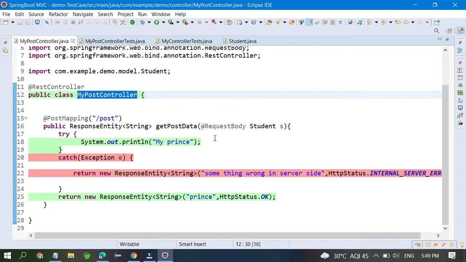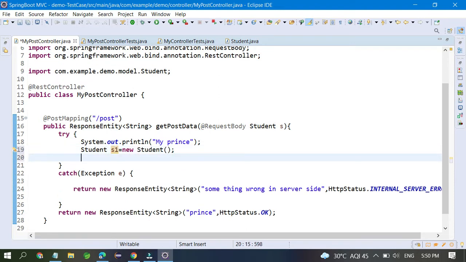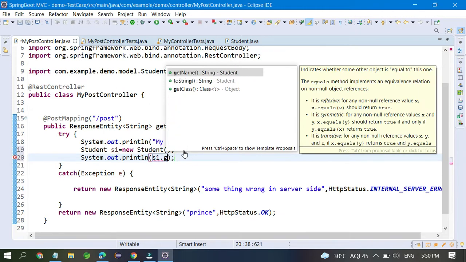And here I am going to write a student is equal to new student S1, and here you are going to print S1 dot get name and print it.